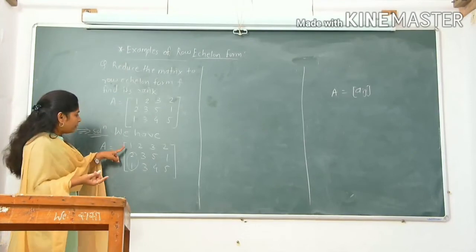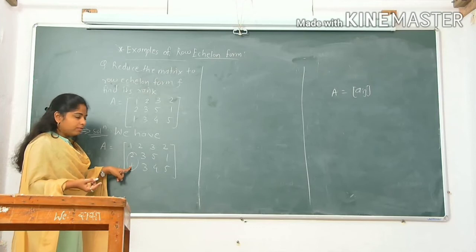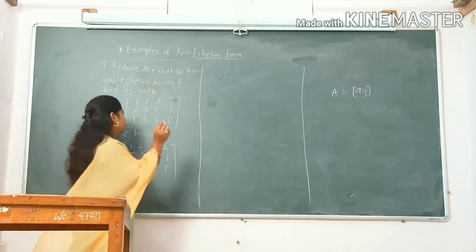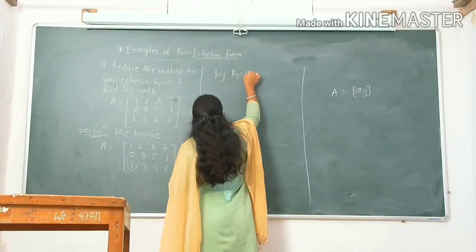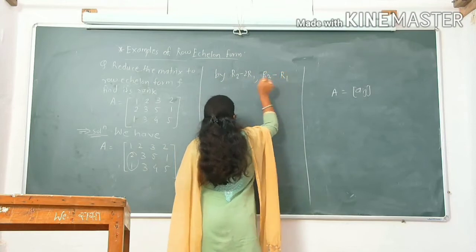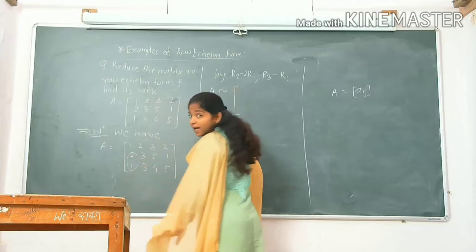So by performing R2 minus 2R1 and R3 minus R1, we can get these elements to be 0. So by R2 minus 2R1, R3 minus R1, we get A is similar to the first row as it is,